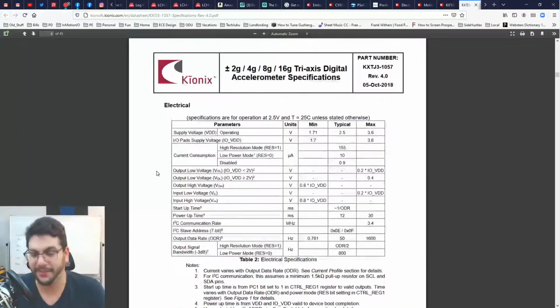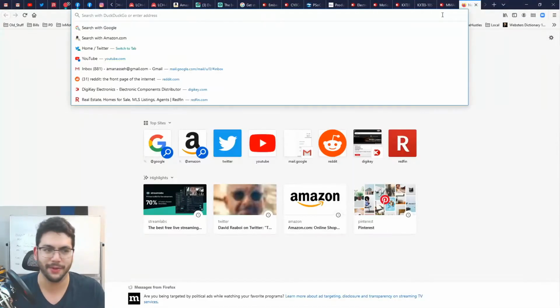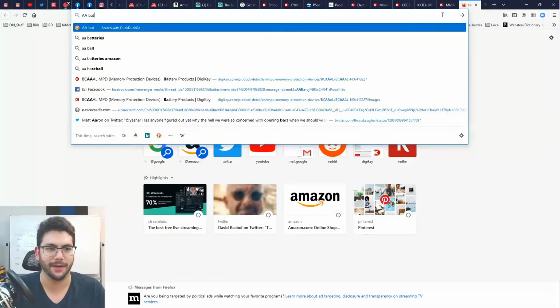And now if I want this accelerometer on all the time, it's going to be consuming battery, right? Now, I've got a lot of juice in the battery I'm using. But here we go. High resolution. It's going to use 155 microamps. That's pretty small. So just to give you a reference, if I had a AA battery,